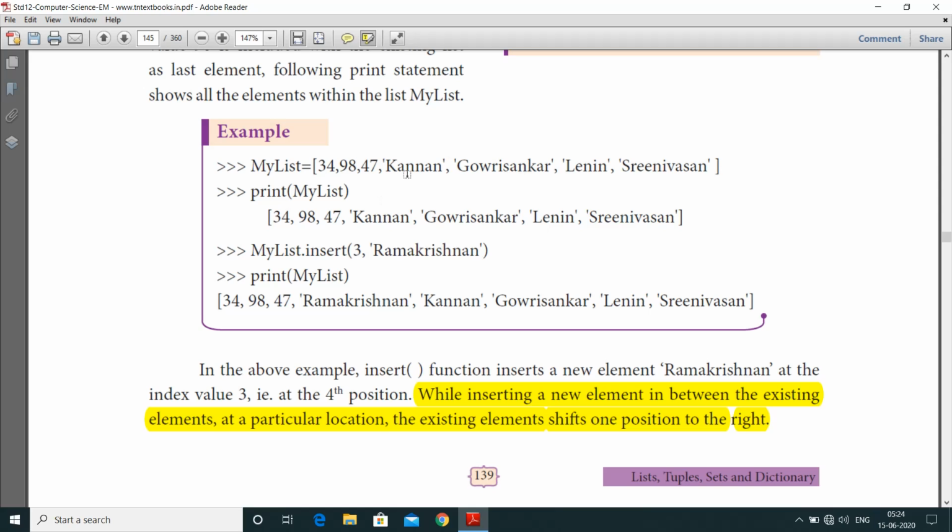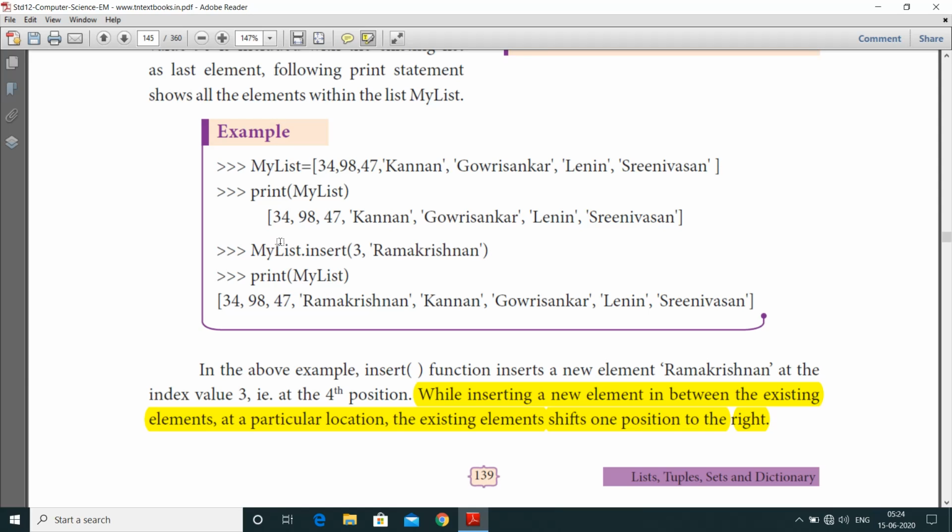In this list, we are going to insert the value Ramakrishnan at index 3. That means at the third position we are going to insert the value Ramakrishnan. Here, Ramakrishnan is a string. After inserting this, print my_list.